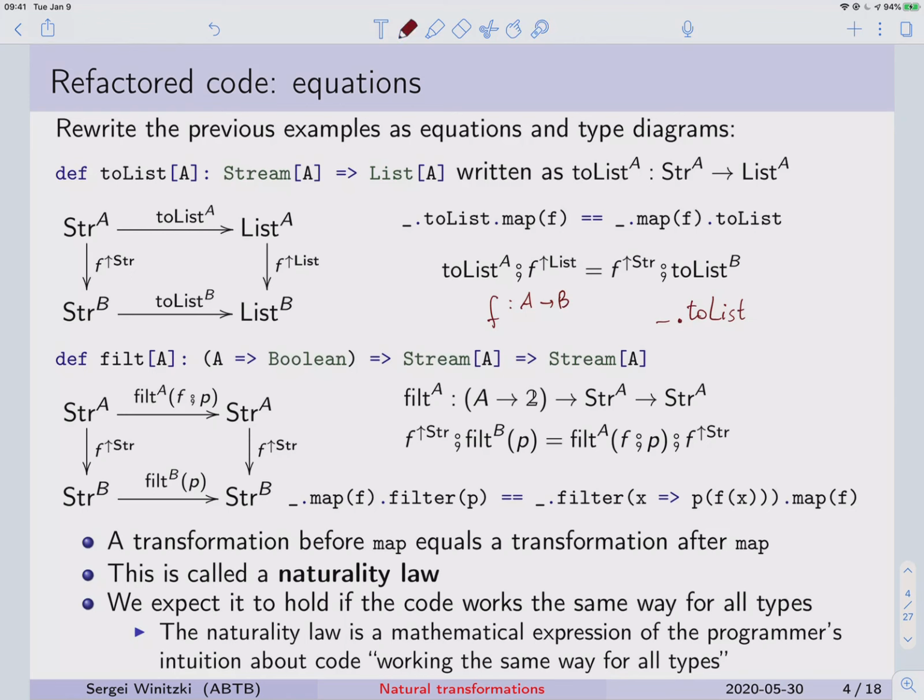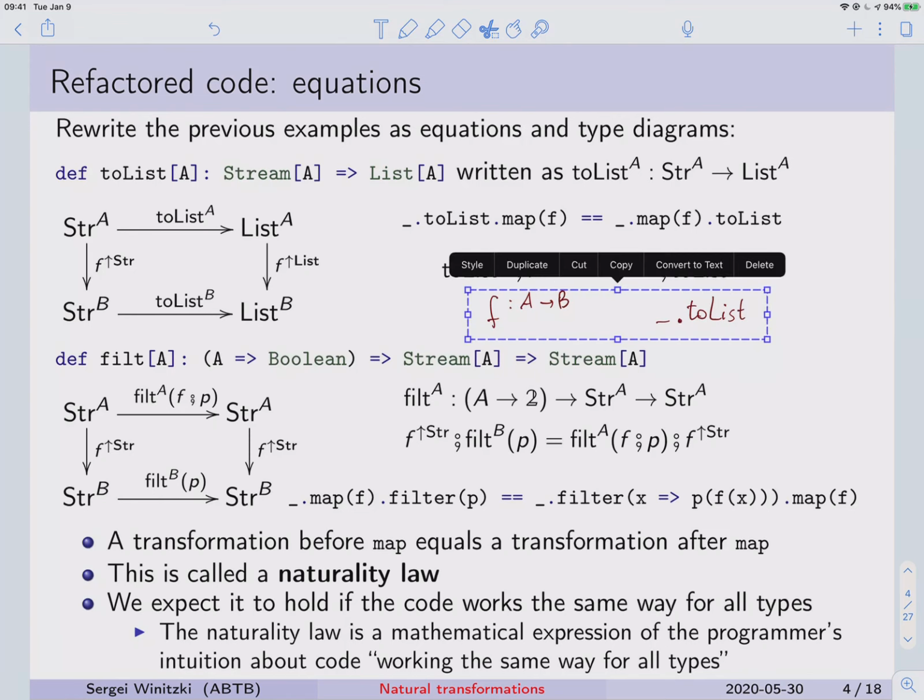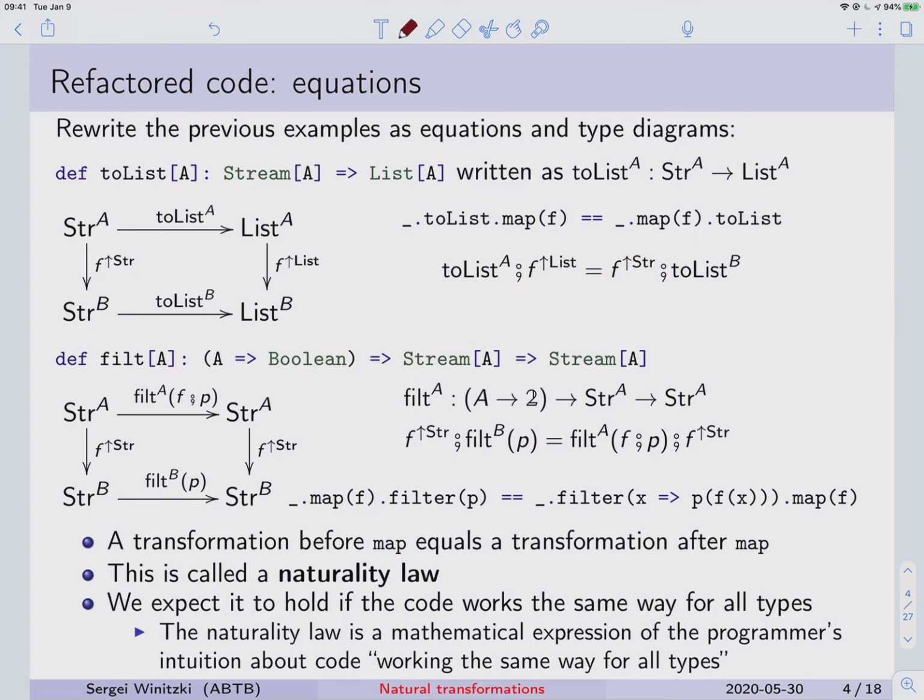And I would write this equation as toList f map equals f map toList. However, now this is very terse and it does not show you what types are being used,